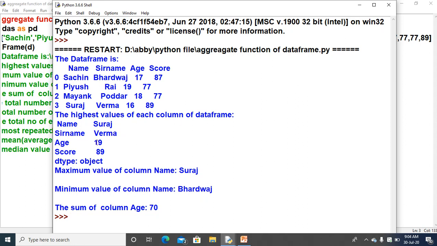Surname Verma, because B, then P, then R, and at last V is coming, so Verma is the highest one. Age here is 19 and score is 89. So through the max function we have seen the highest value of the data frame.